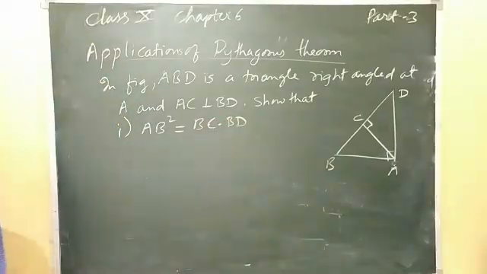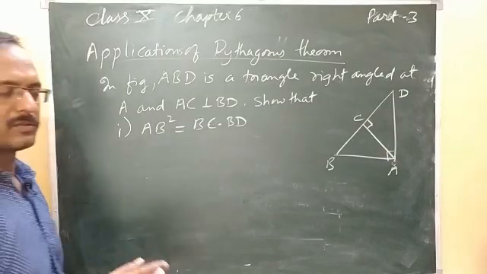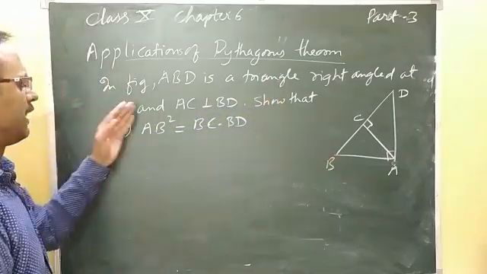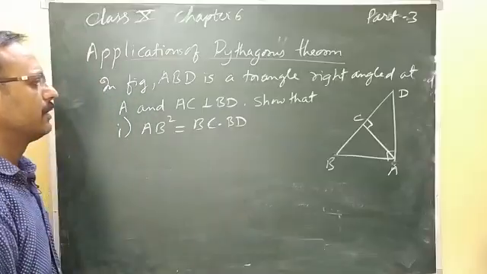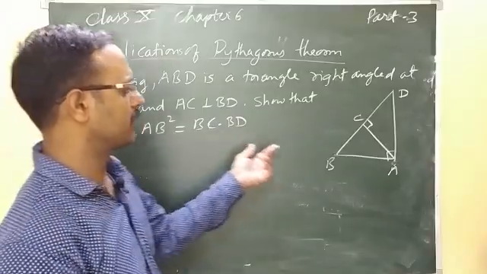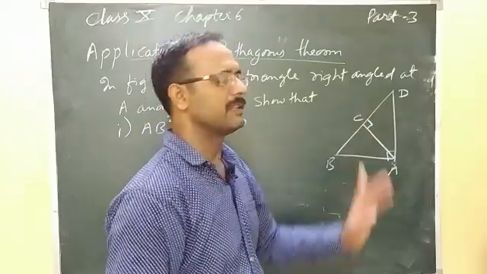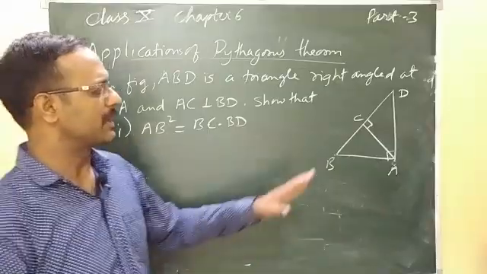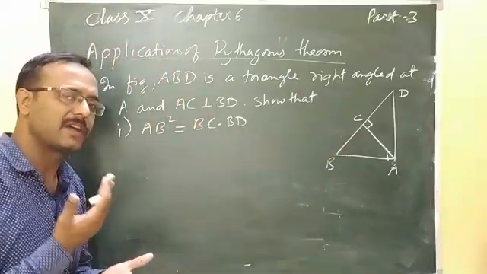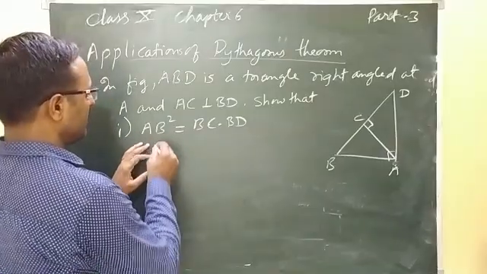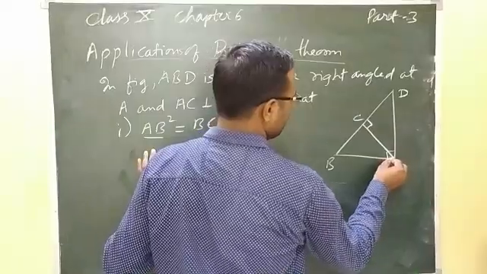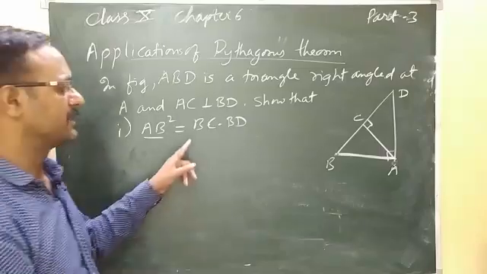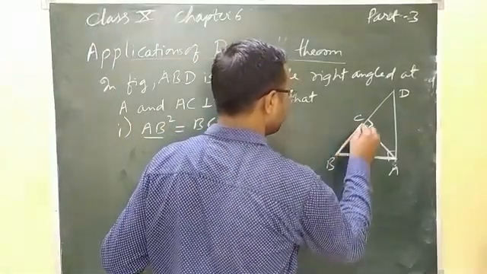Let us prove the first part first, then we will move to the second part also. See here in the figure ABD, angle A is 90 degree and AC perpendicular to BD is given. Now we have to show that AB square equal to BC into BD, that is the same we have proved in our Pythagoras theorem. We have to prove these two triangles are similar, and which triangle we have to take, how to decide. See here, the AB is coming, that means this side is coming. Let us darken those sides which are coming in this question. And the BC, and BC is this one side.